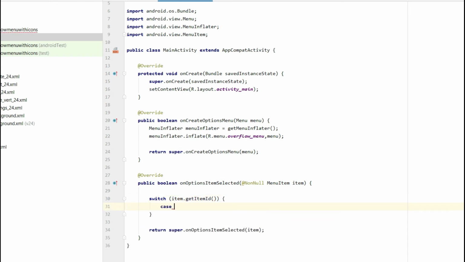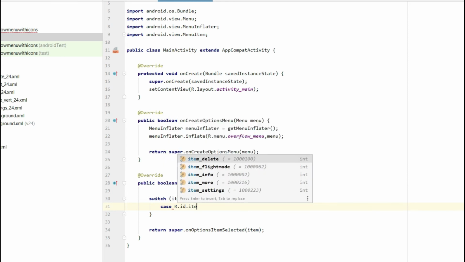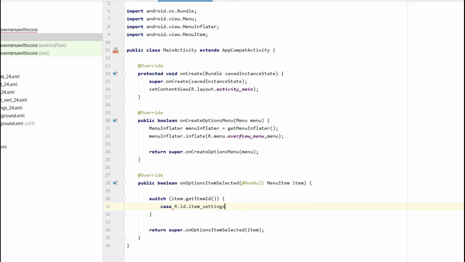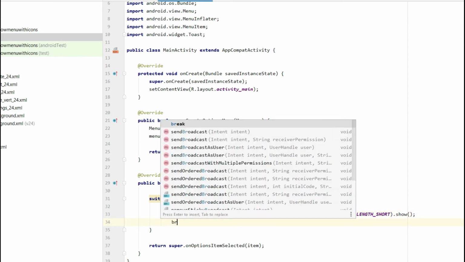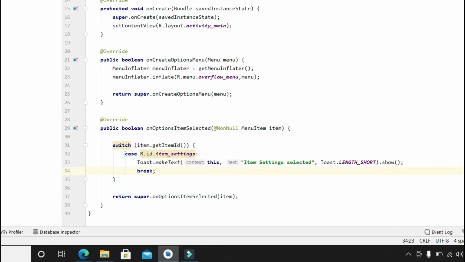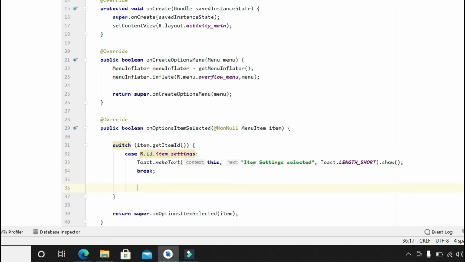Now let's add the case for it. We'll write the text will be item setting selected and break the statement. In the same way, add the cases for all items.